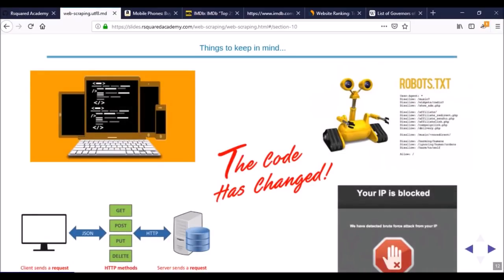Now, you need to keep a few things in mind before you start scraping data from a website. The first thing is that scraping is best suited for websites which are static and well structured. If a website is not well structured, then extracting the data becomes a problem. And in one of our case studies, we'll show you how a badly structured website or web page will hinder